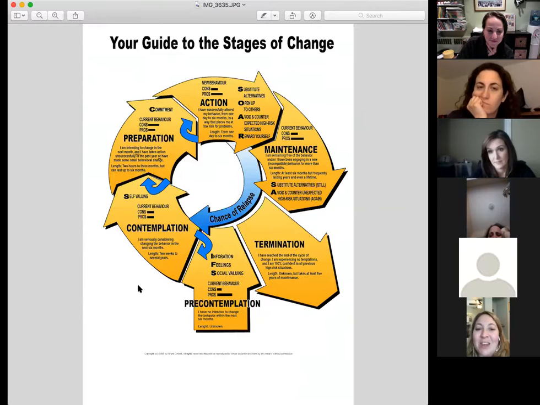But then there's other people, like I know a lot of people, even on our team, that are like, you know what? I'm going to move. I'm going to make this happen. We're going to change houses. I'm going to put my house on the market. And their house is on the market like 2 weeks later. I mean, no joke. I have seen this happen in real life, right? So this contemplation stage is really like how a lot of people linger there for a while. And some people move faster through it than others.